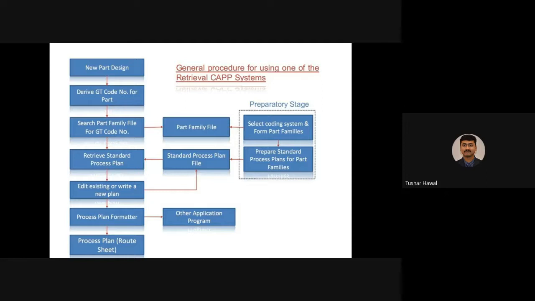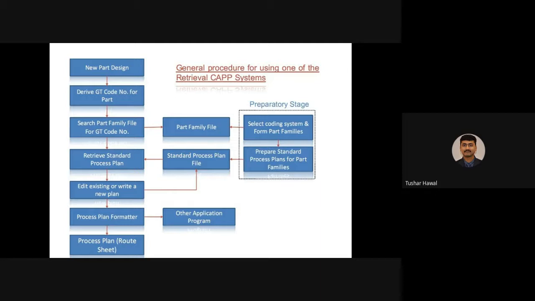And if you are editing an earlier process plan, then that goes to the process plan formatter, so that the process plan can be made in the required format, and then it is given as a process plan output, or it is also fed to other application programs which depend on this process plan in order to take their necessary actions.